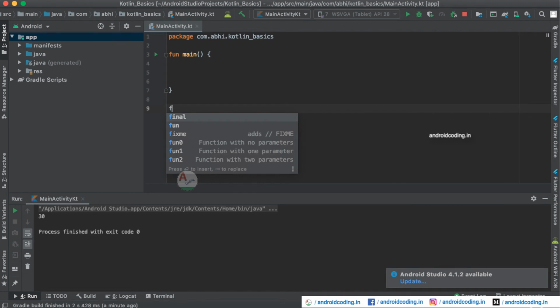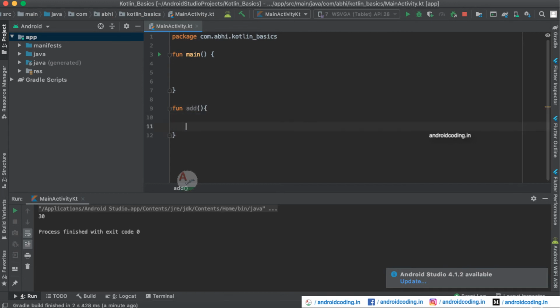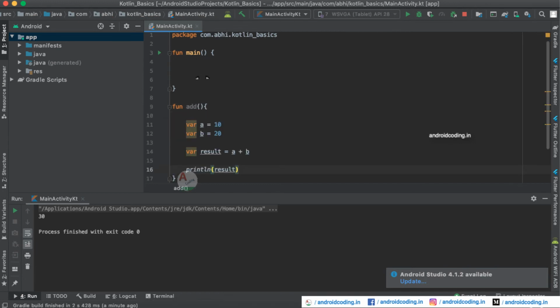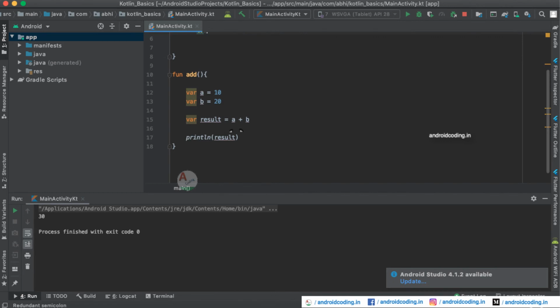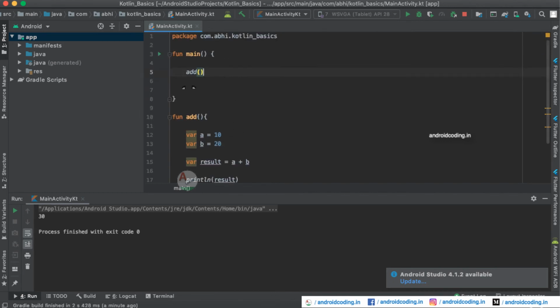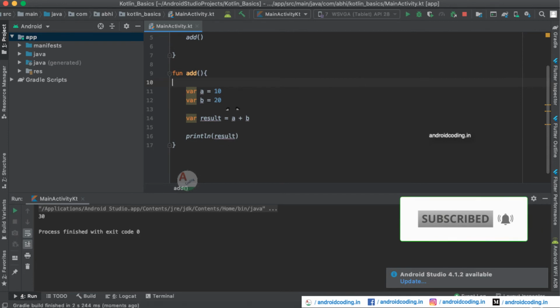Let us create a function. So, here the keyword is fun. By typing fun, the compiler understands that we are trying to create a function. So, here we are just pasting the code which we have used above. So whenever we require to perform this particular task, no need of semicolon here. So we can just call this particular method, that is function, and you will be getting the same output here.